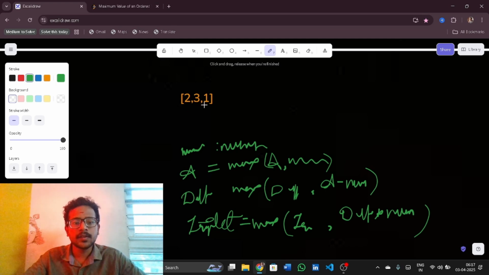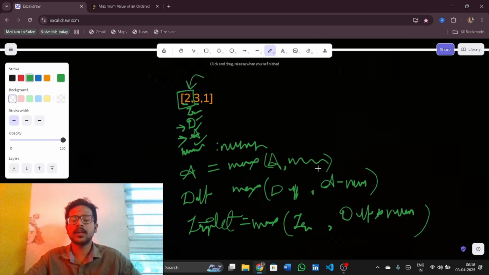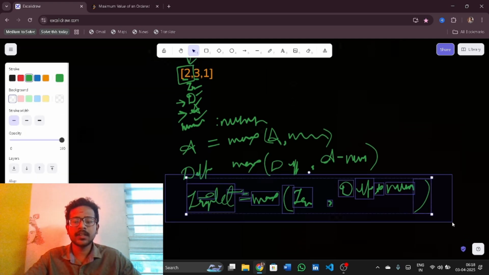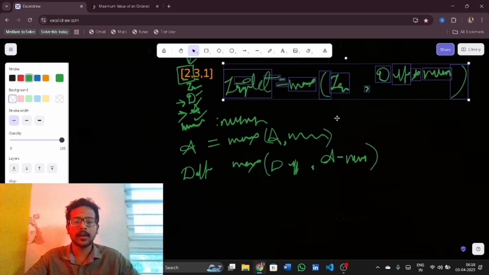Why does this work? If I consider this as triplet, this as triplet, and then this as difference and also A, then I am not skipping A and also difference for these two. Now for this also I am not skipping difference and also A. But if I calculated A and then difference and then triplet, I am missing difference and also triplet for this number. So instead of writing this in this way, I am changing it by placing this over here and